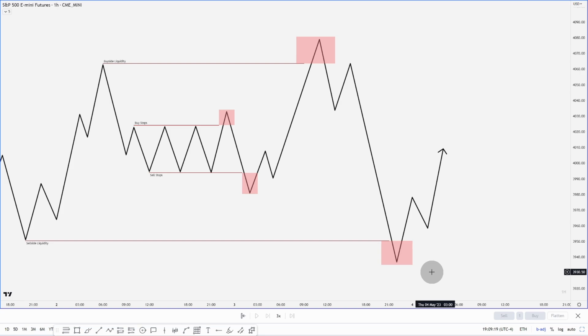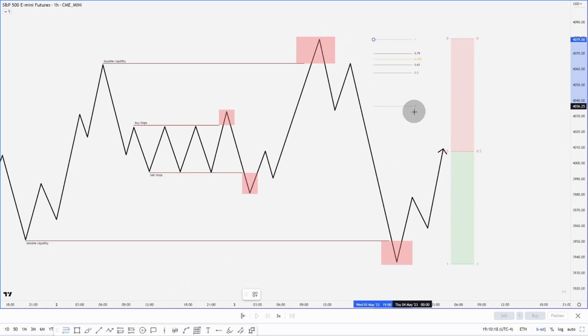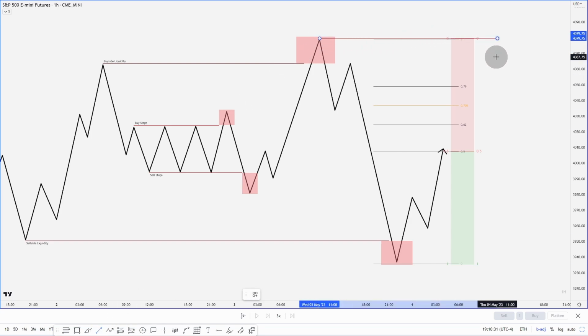Looking at this diagram, we can see we have a deviation from the range right here, expecting price to reach back into the range. What do we want to look for? The first one would be equilibrium. Looking at the equilibrium of the range, my first target would be right around here. Now for the second option, I will look for an OTE, and for that, I will use a fib. So my next target would be right in here. And then finally, we now have buy side liquidity right here, and that would be my third target.